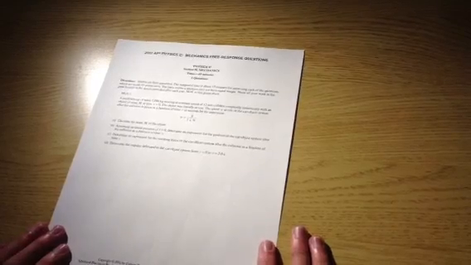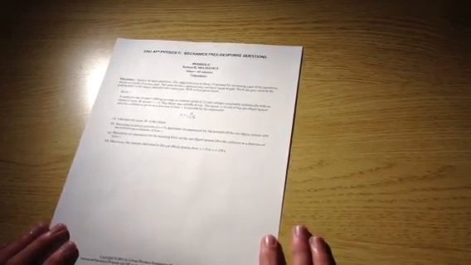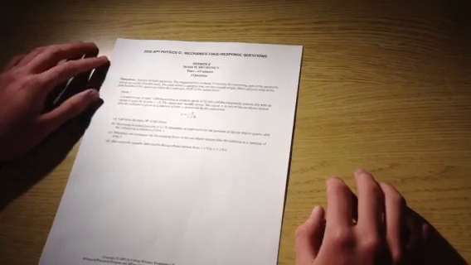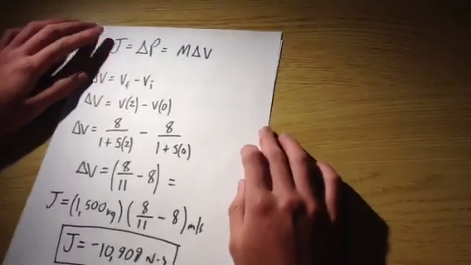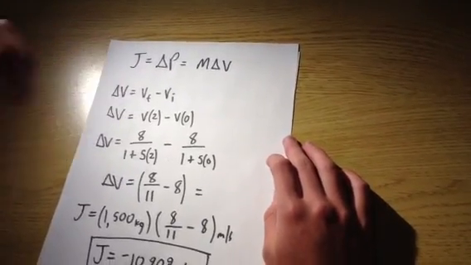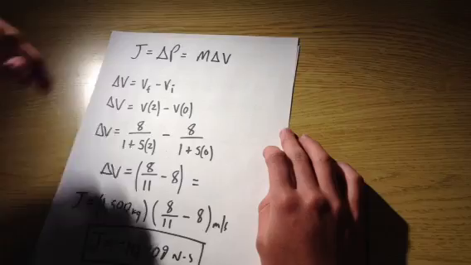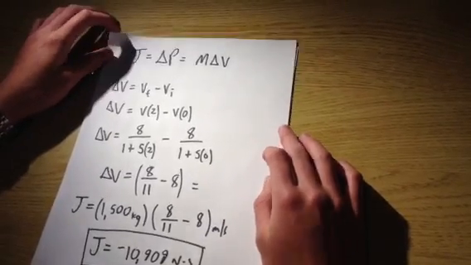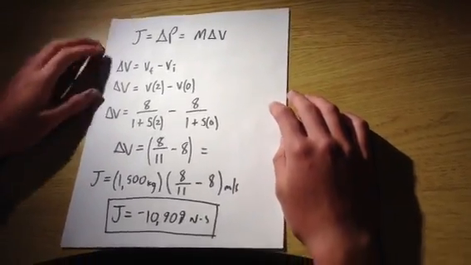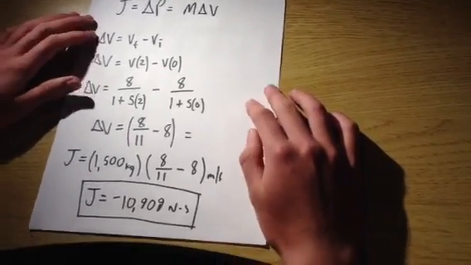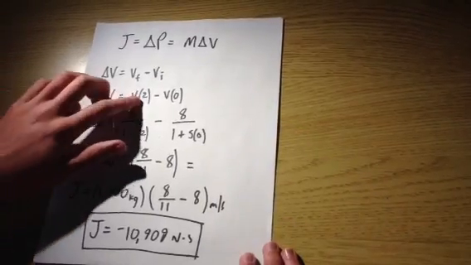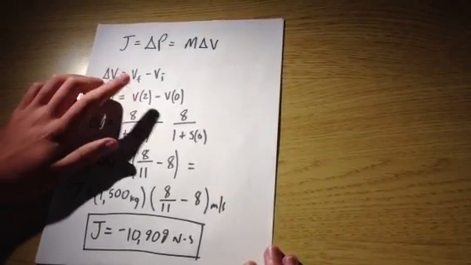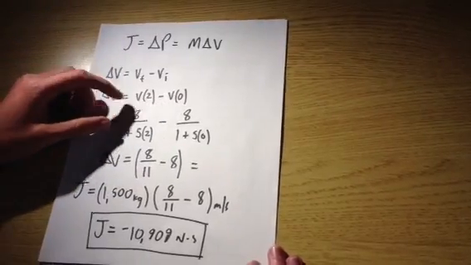Then the final part, part D, is to determine the impulse delivered to the car object system from t equals 0 to t equals 2 seconds. We know that impulse is equal to delta momentum, which is equal to the mass times the change in velocity, v final minus v initial, and so our final velocity is at 2 seconds. We have the equation for velocity